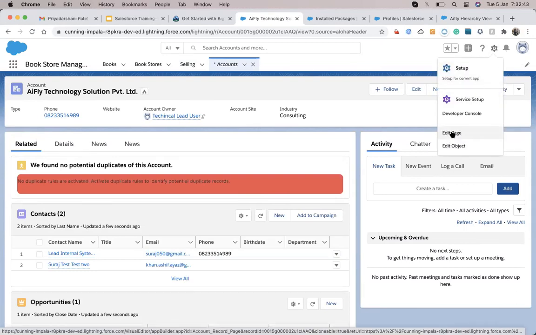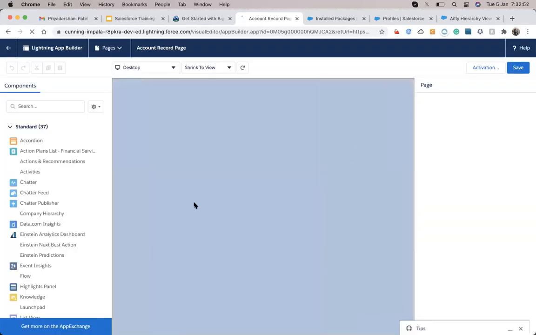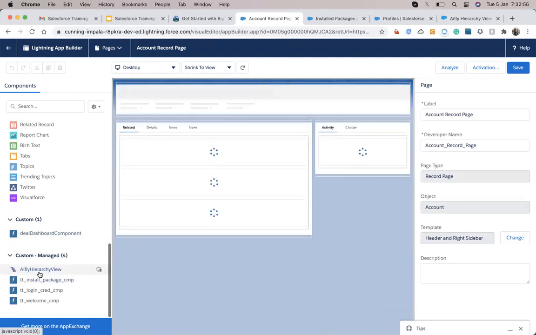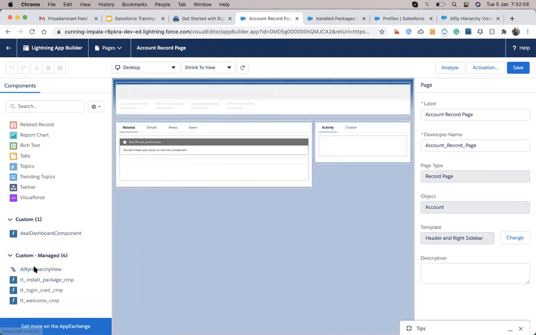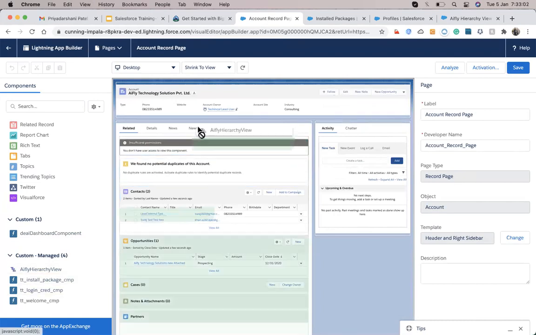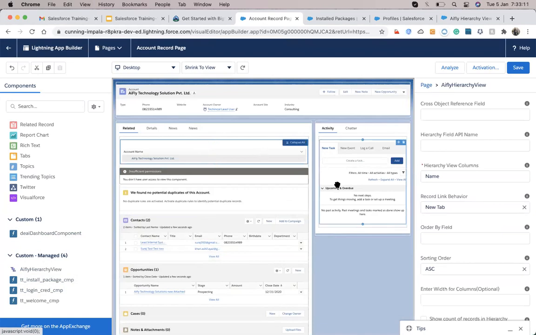Here you just have to edit the page, and you can find the custom and managed section. There we have a custom component, and I just have to click, drag and drop it here. There, I did it.